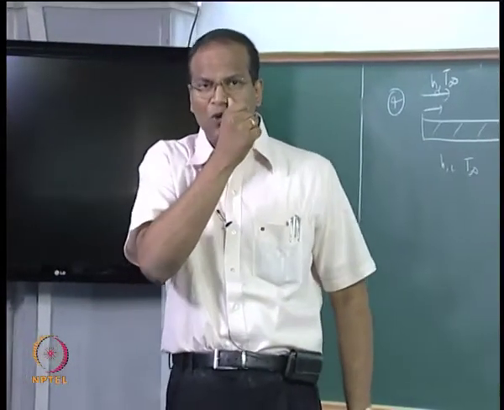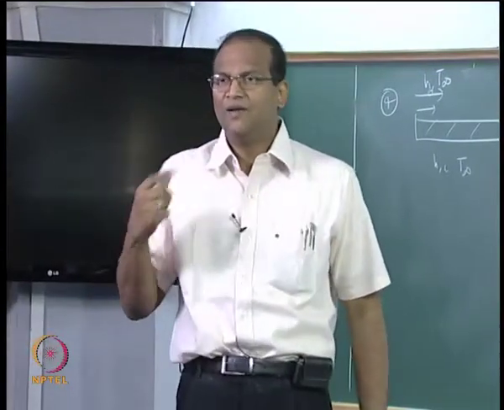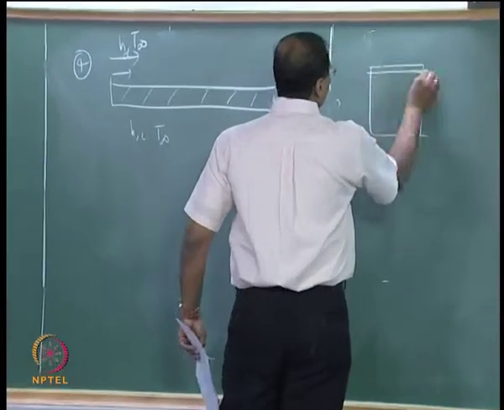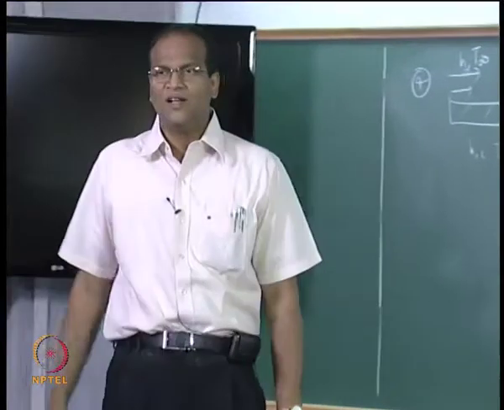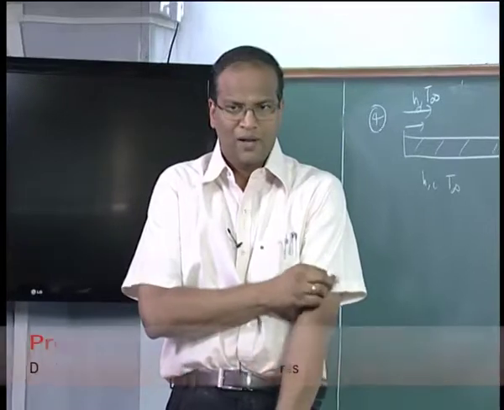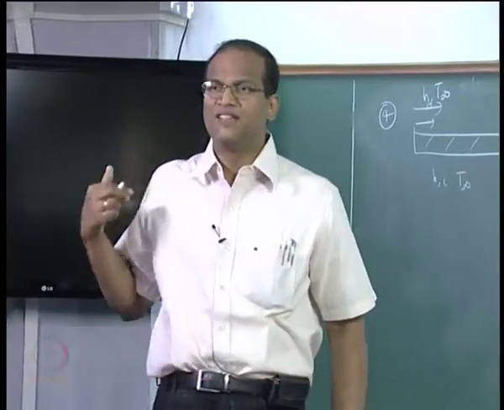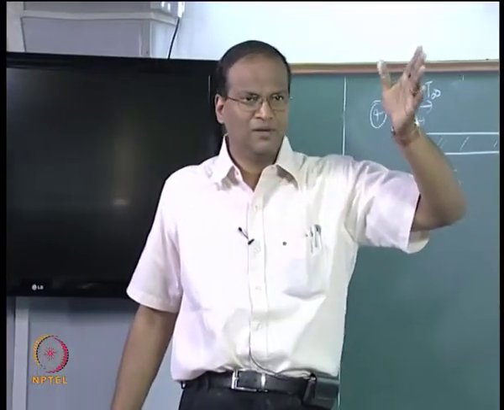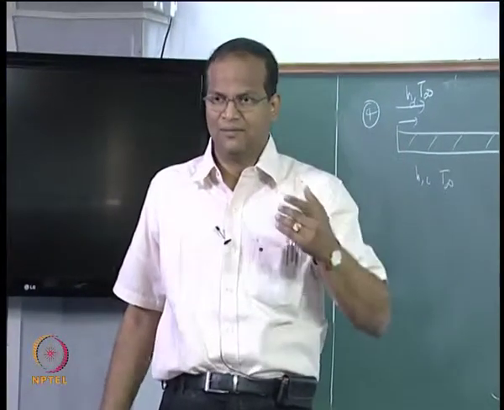In fact, if it is a roof, you do not expect much natural convection on the inside. If you have a room which is heated at the top, the hot air will stay there. But somehow I have given you 8, because I wanted to check whether you are able to add 24 watts per meter square Kelvin to 8 watts per meter square per Kelvin. Otherwise this is stably stratified: if the hot air remains at the top it is stable, it will not overturn, because hot air is lighter.